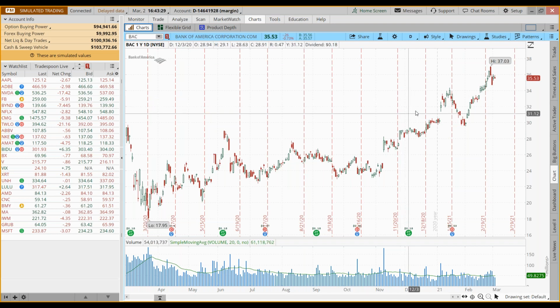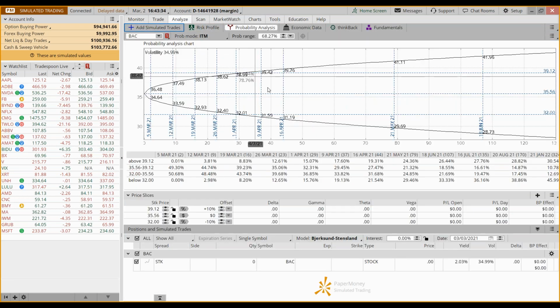So what would we think to ourselves? What's the probability? The problem is this. Here's a probability analysis. And what I want you to notice is that as of right now, it's 50-50. That's where we are today. How does a probability model work? This is days out. So this is expiration Friday, next Friday. That's what these hash marks are. The week after, that's the standard 19th, March 26th, April 1st, April 9th, et cetera, et cetera.